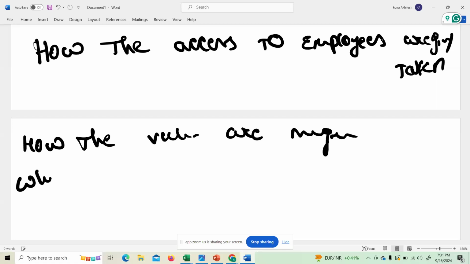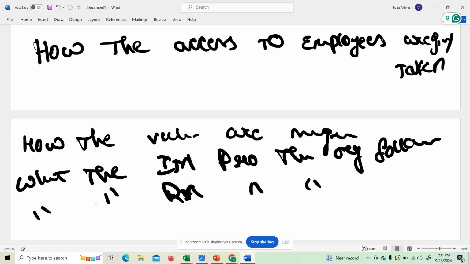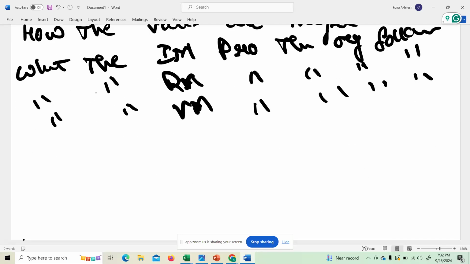What is the incident management procedure that the organization is following? What are the risk management procedures that the organization is following? What are the vendor management procedures that the organization is following? What are the change management procedures that the organization is following?